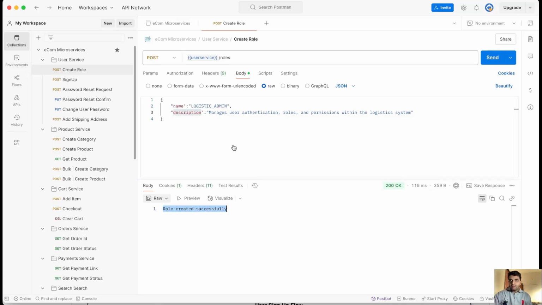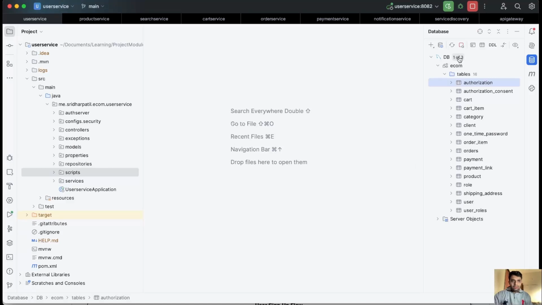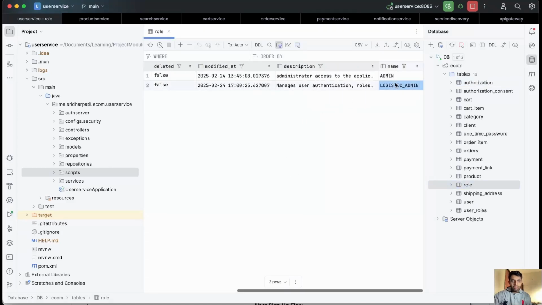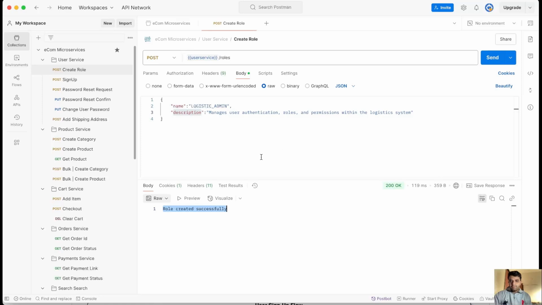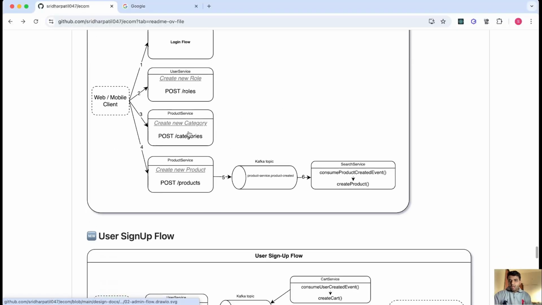Let's just verify that. I go to this and refresh the database. I go to role, and you can see the role called logistic admin with so and so description is created. Now let's create a category